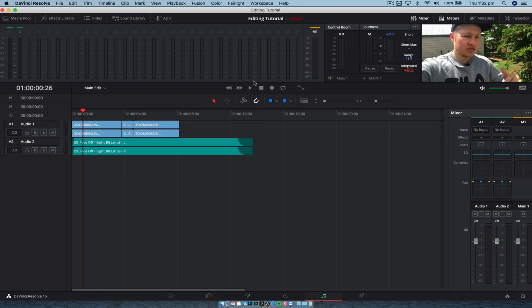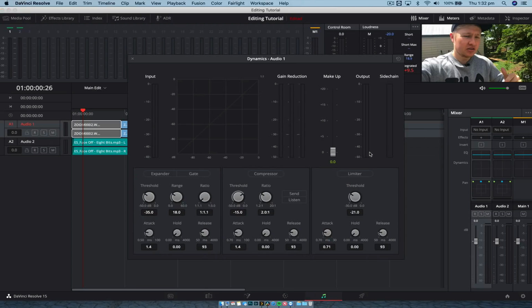So we're just going to have a very quick look at how to easily duck audio. And it's all done with the dynamics. So as you can see here, we have A1, A2. That refers to audio track 1 and audio track 2. What we want to do is double click on the dynamics box here for audio 1. And calm down, it looks intimidating, but it is very easy. All we need to do here is click 2 buttons. We want to click compressor, and then we want to click